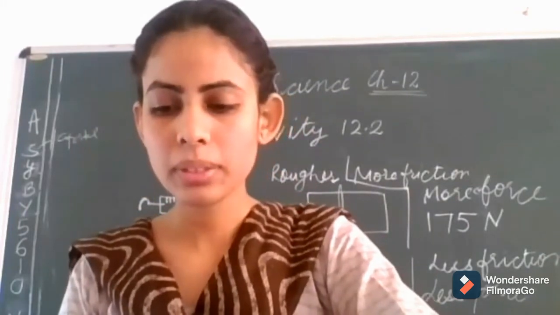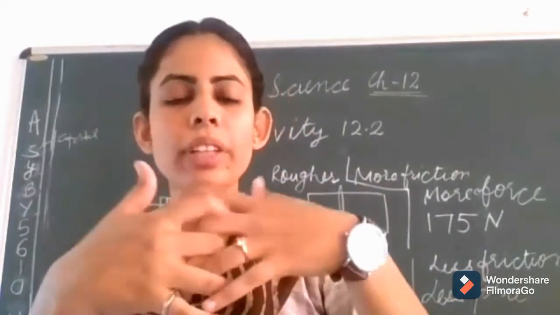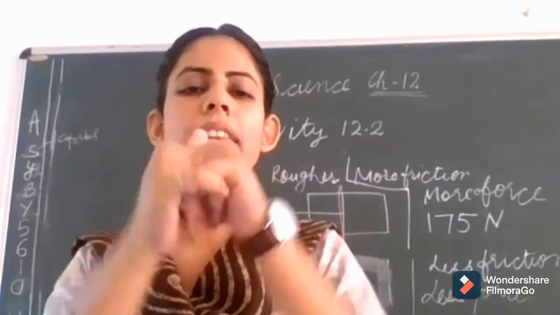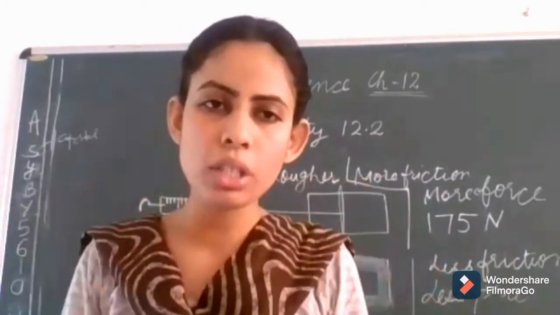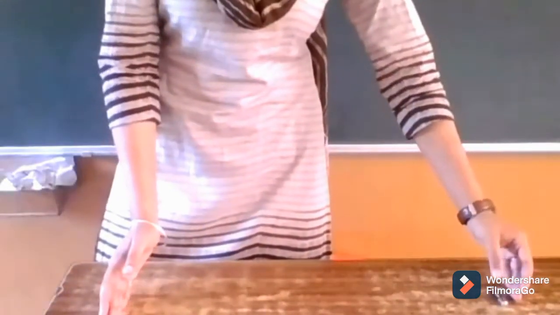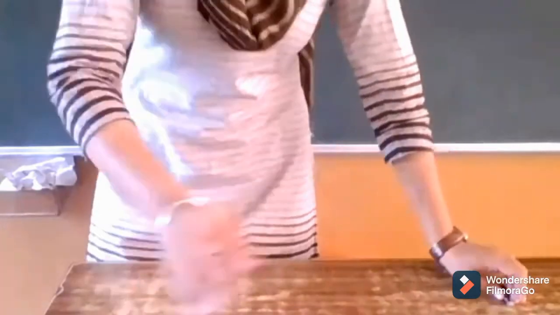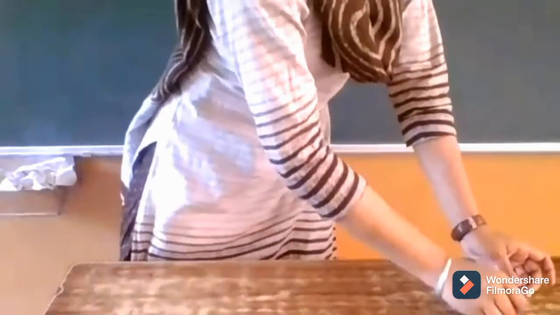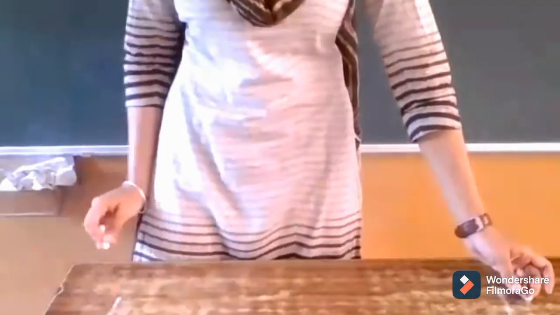Clear? So that will interlock with each other. So to break these interlockings, we have to apply force. Okay, students, I have taken a cell. Now I will push it on the surface of this table. So you will see it covers a distance from this to this, and it is a large distance. Okay, we will mark it that it has covered from this to this.